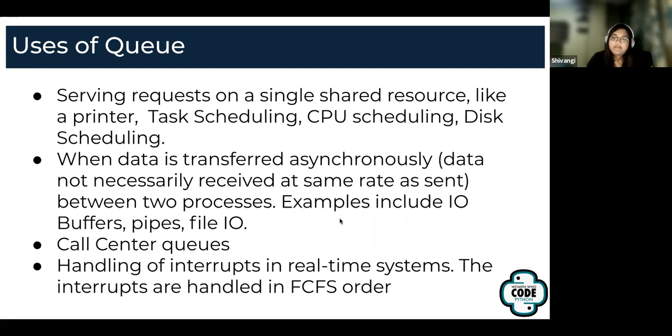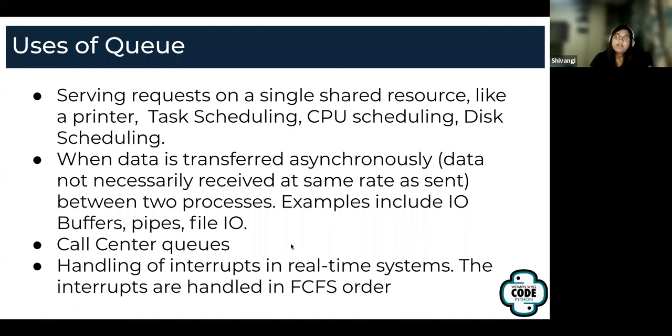Let's say you're typing something. How do those words appear on your computer screen? Everything you type in is stored in a queue, and then it's flushed out from the queue when you press enter, or you pop it out.